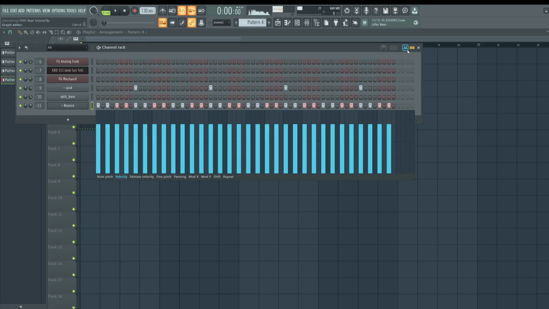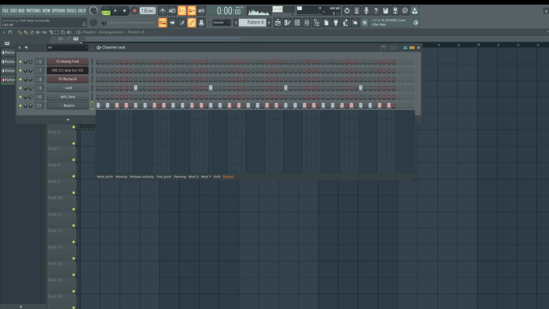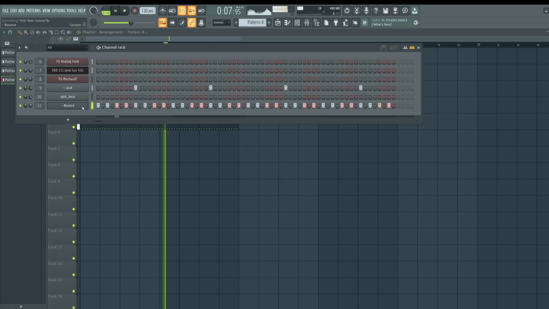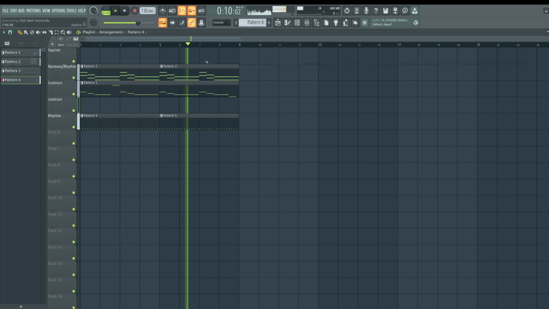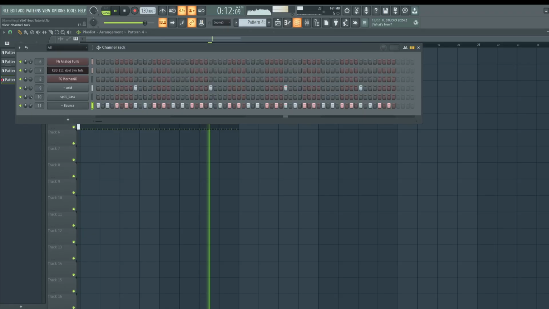Now in the new FL24, we can go to the graph editor in the top right, go to repeat, and we can create hi-hat rolls on the fly. Now I usually put it on my 3rd hi-hat. So it's a nice bounce, but if we need more speed, we'll add more notes.